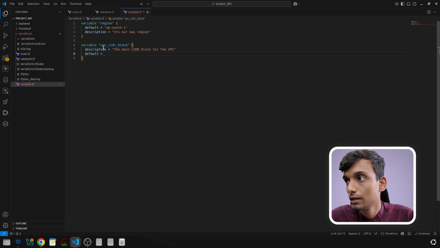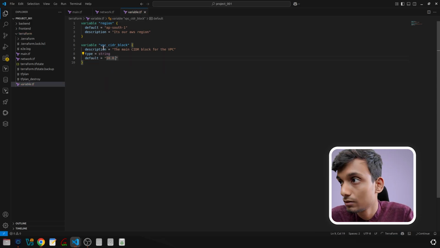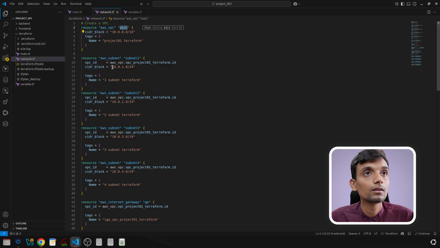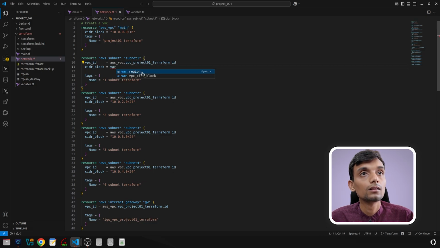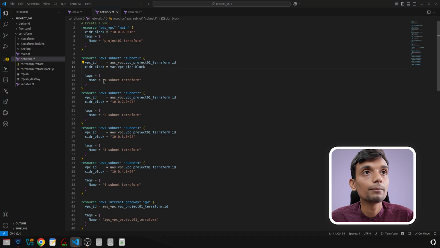Another, what's the default value? What's the type of it? I already told you how we are going to use variable. Just type var.cidr_block. Okay, now we are going to tag it. What's the name? We don't want here actually CIDR. We want here